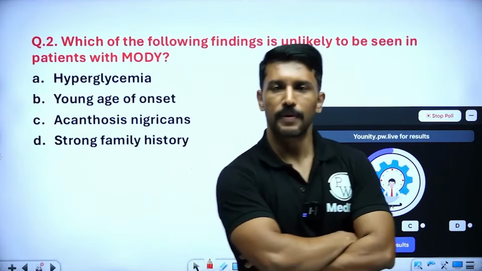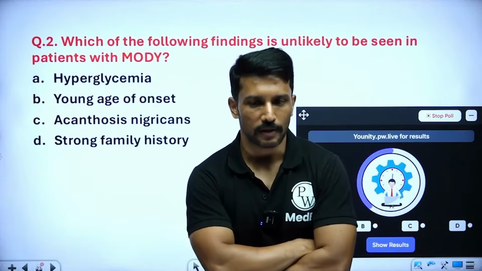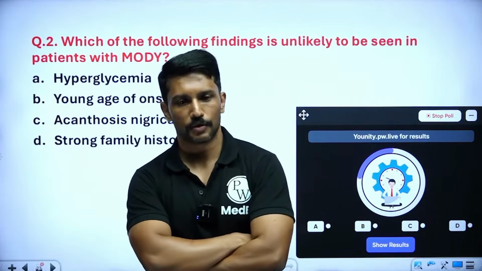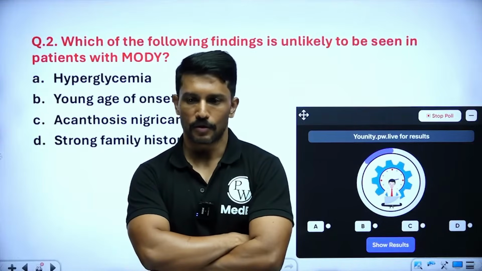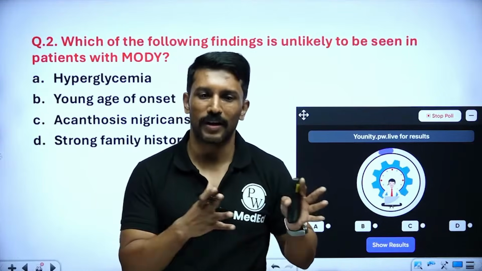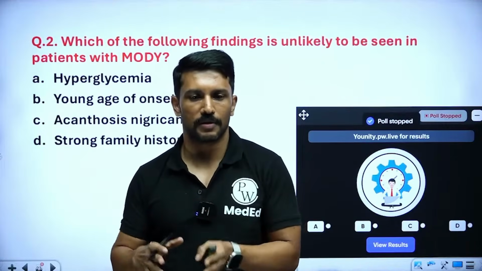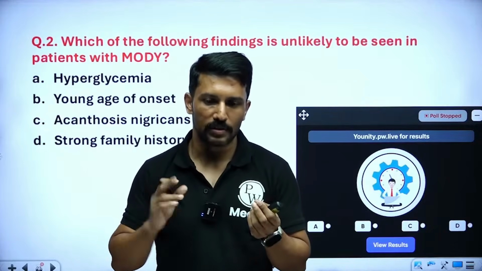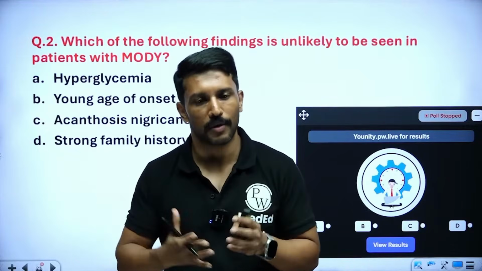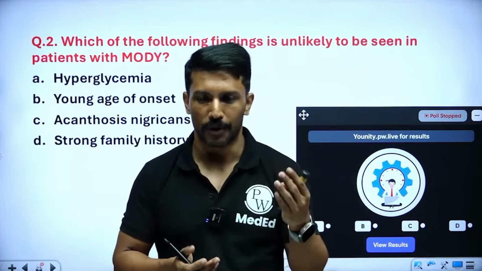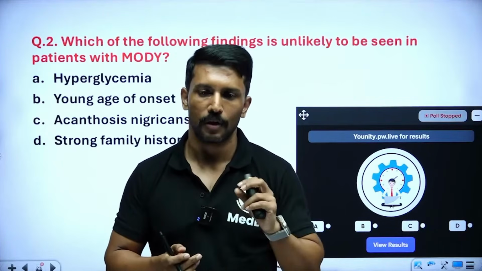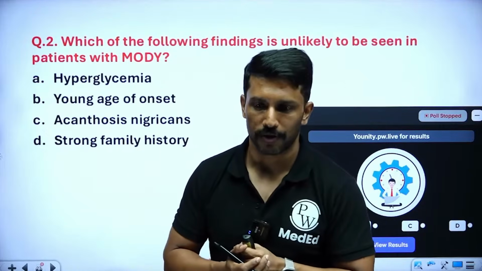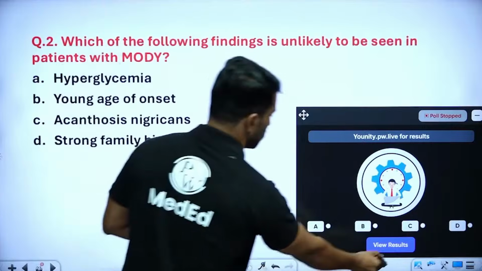What is MODY? Monogenic form of diabetes because of single gene mutation. Age of presentation is young, less than 30 years of age. There is no type 2 or type 1 like mechanism. In type 1 absolute insulin deficiency, type 2 insulin resistance, they are not seen in MODY. Here either glucose sensing or insulin release mechanisms are being disturbed because of mutation in hepatocyte nuclear factor, glucokinase mutation, or IPF mutation, or NeuroD1 mutation. Okay, so let's see the results.